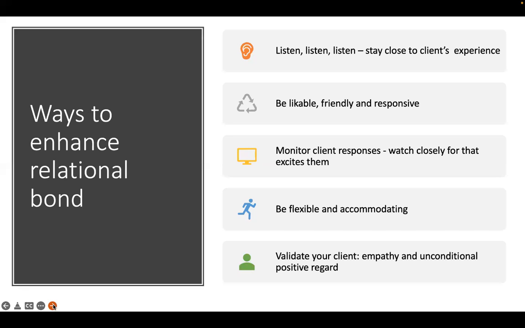So just being attuned to how the client is responding to the content and the process of what you're doing in therapy, being flexible and accommodating. Exactly what I just said: if a client is saying, I can't go there, don't go there. And again, flexible and accommodating in the session, and also with things that happen outside, like cancellation policies and payments. If they want to bring their partner into a session, but you've been working with them individually, being open to that.